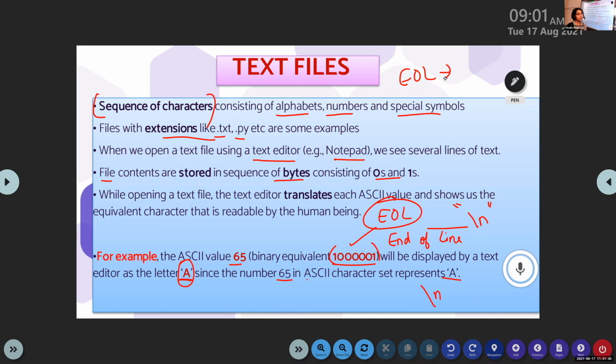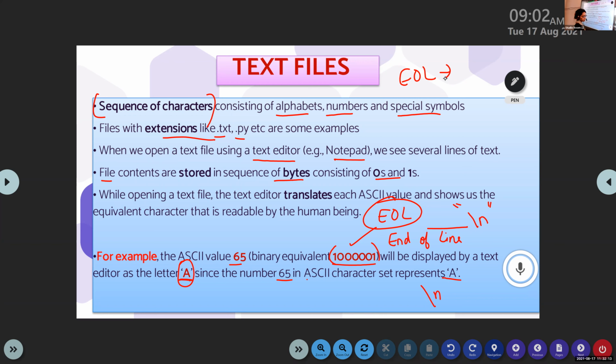First question will be, does a text file need a translation or not? Do text files need a translation, my dears? Yes. So EOL stands for, these are the basic questions which have been asked from this section. EOL stands for end of line. Very good.